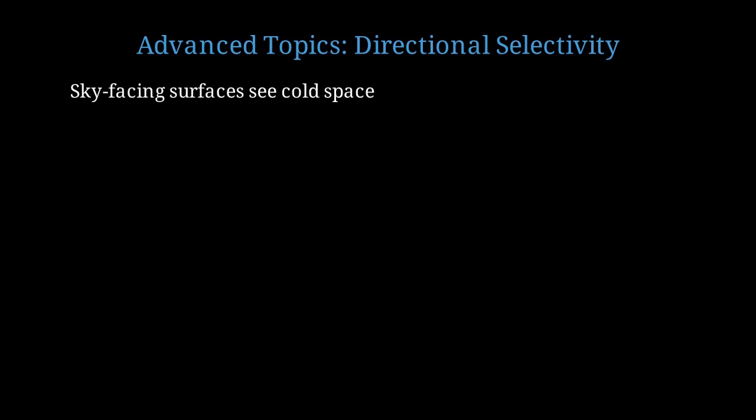Let me touch on some advanced topics. Recent research has explored directional selectivity, not just spectral selectivity. Surfaces facing the sky see the cold effective temperature of space, around 250 Kelvin. But surfaces facing the horizon see warmer temperatures. By engineering